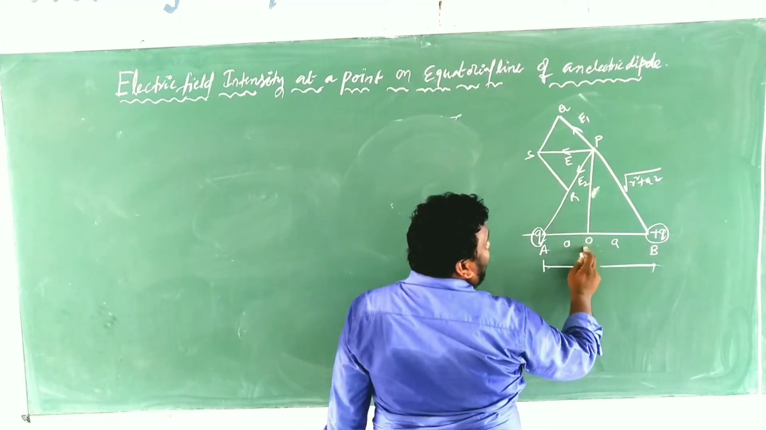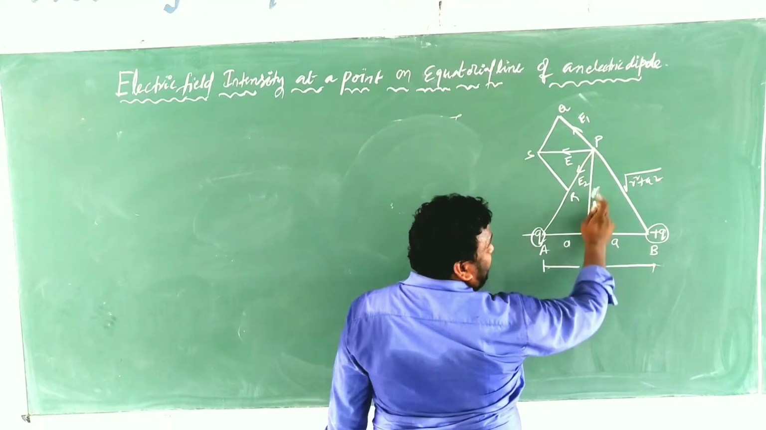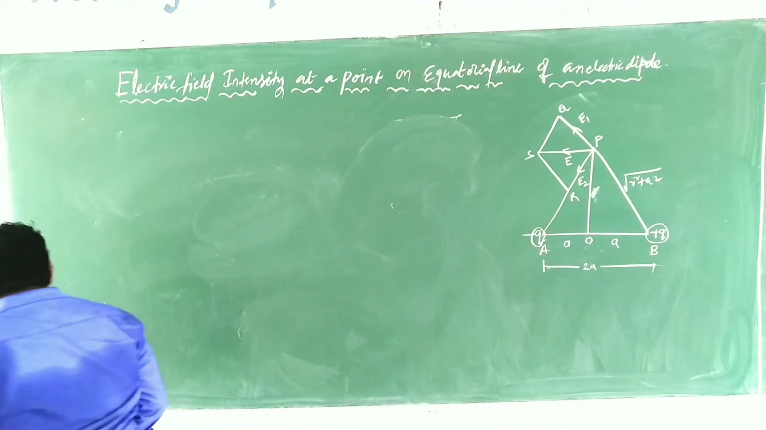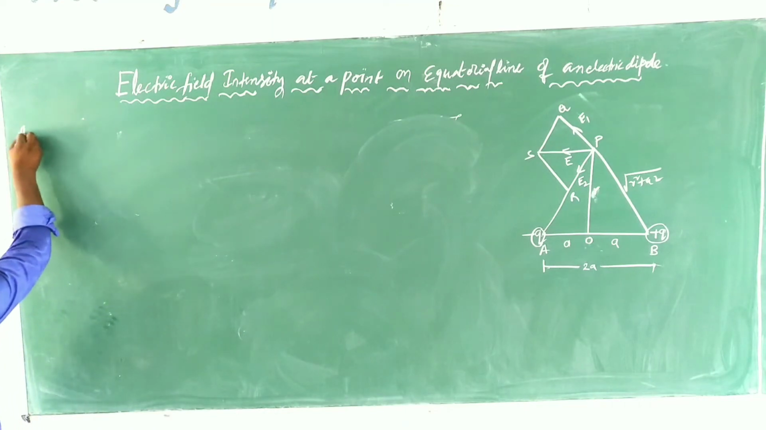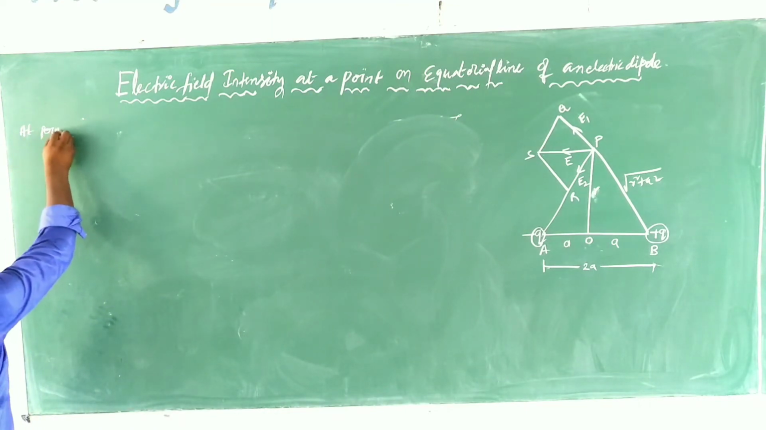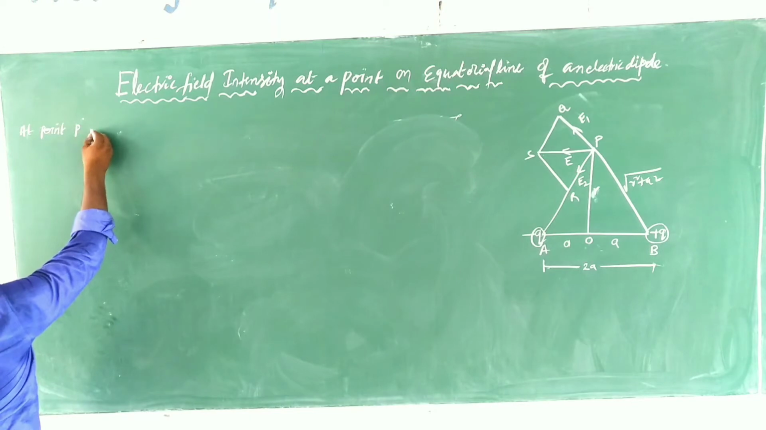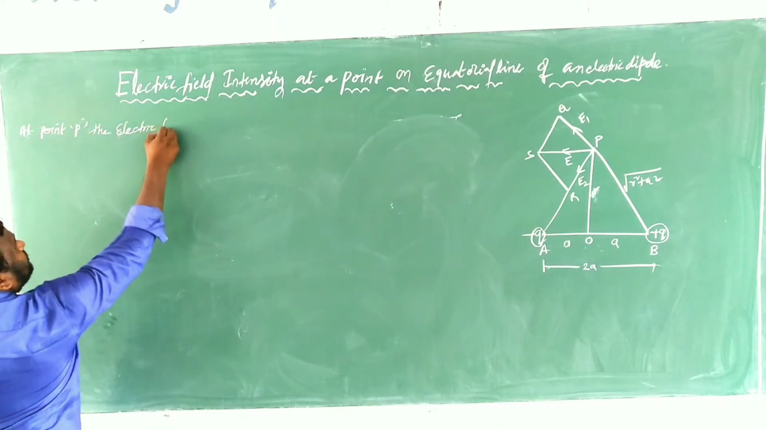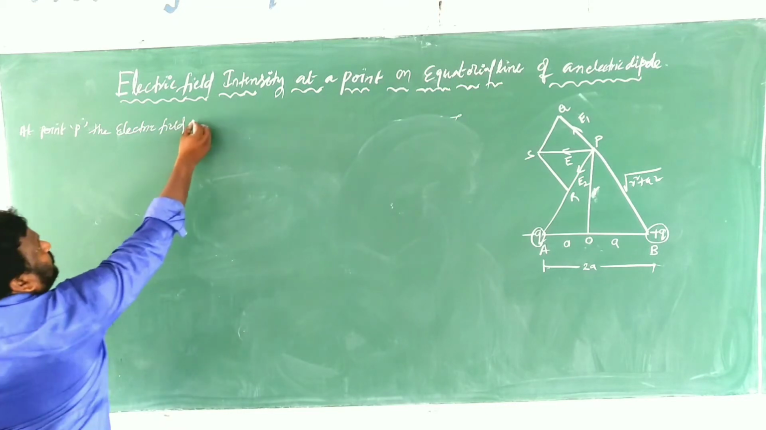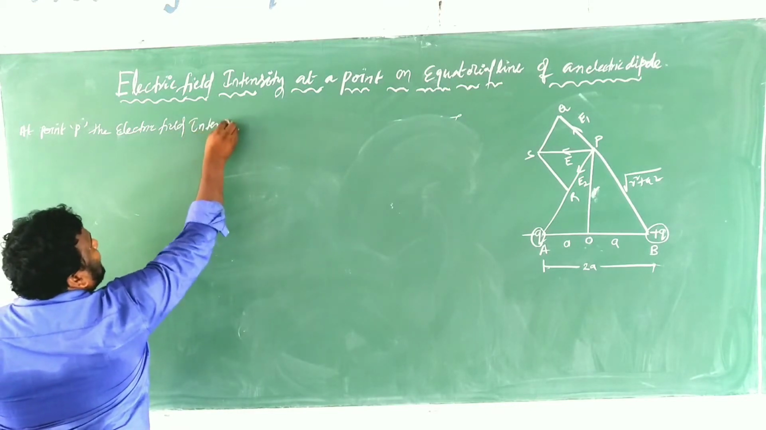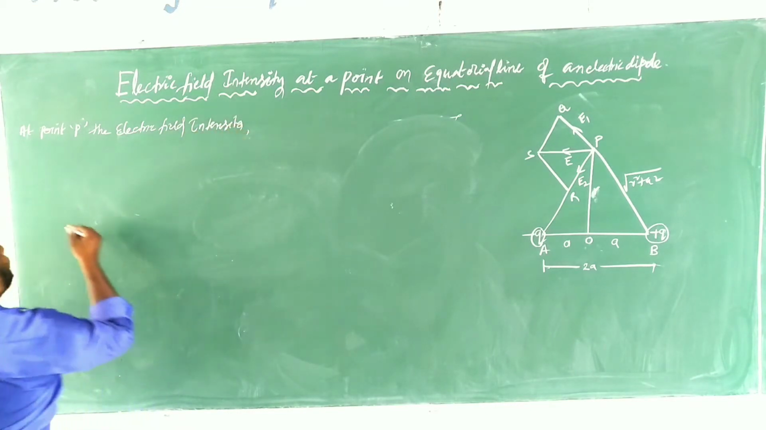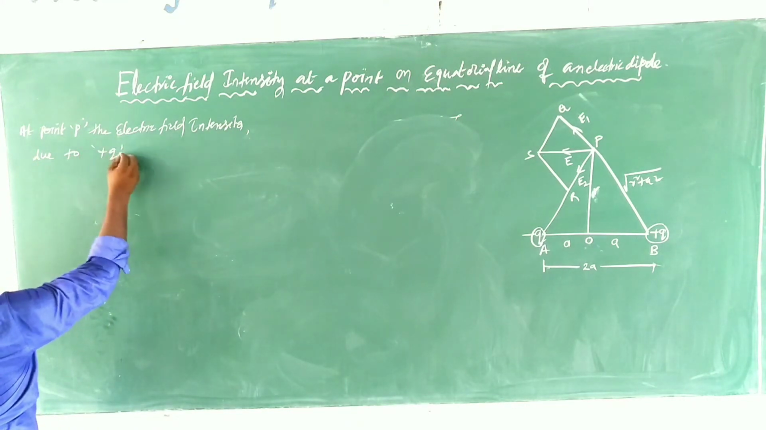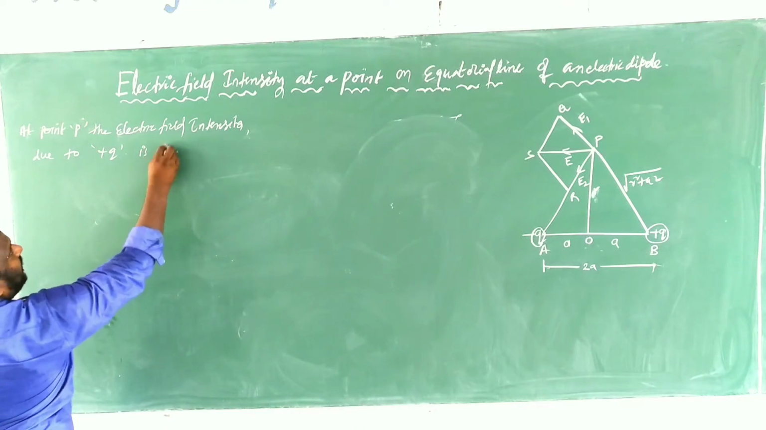OP is the equator line and P is a point. That is the distance r. That's why here at point P, the electric field intensity due to positive charge, due to plus q, is given by,